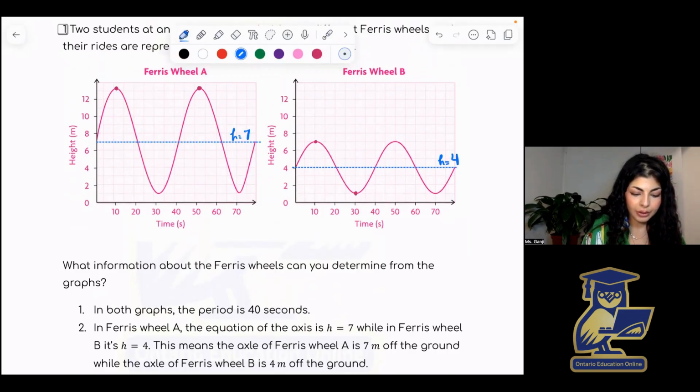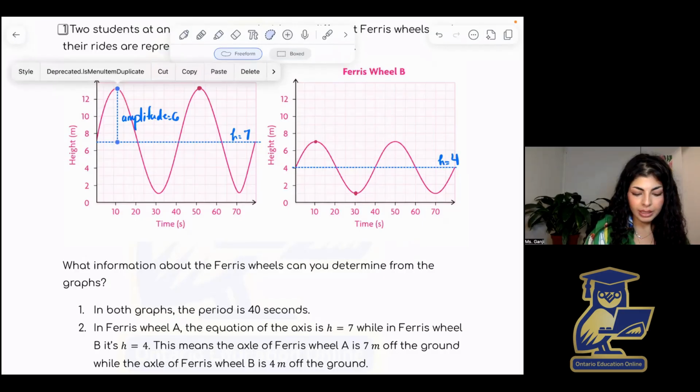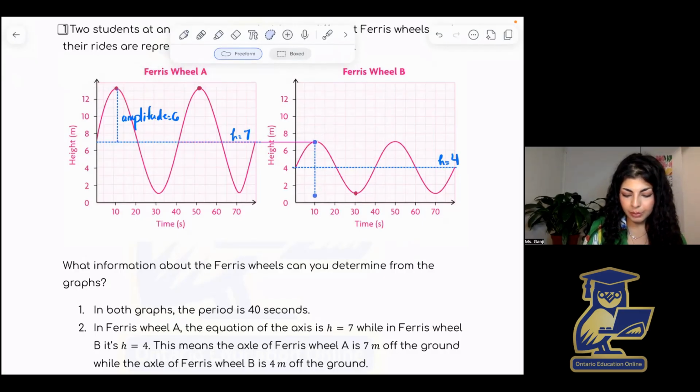So here, let me just copy this. If I consider this as the amplitude, then amplitude here is equal to 6, whereas the amplitude in Ferris wheel B is only going to be 3 here,